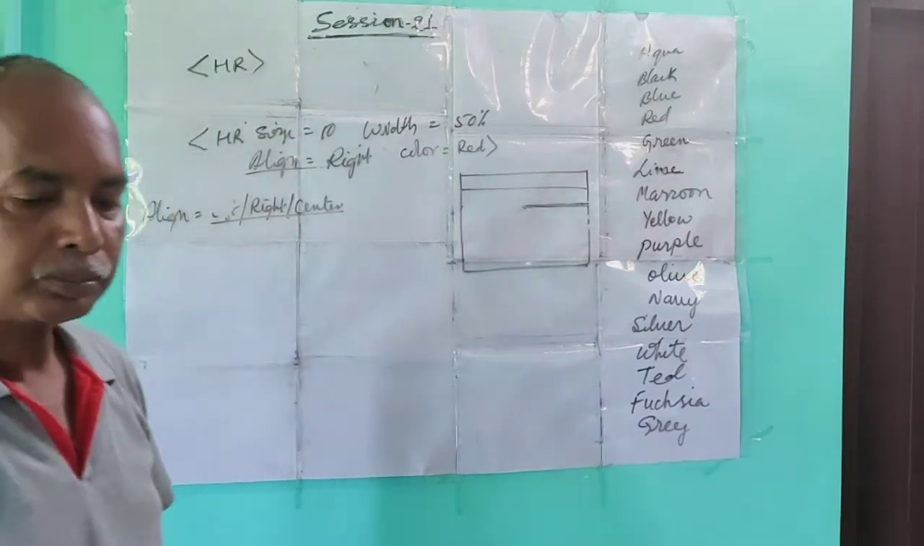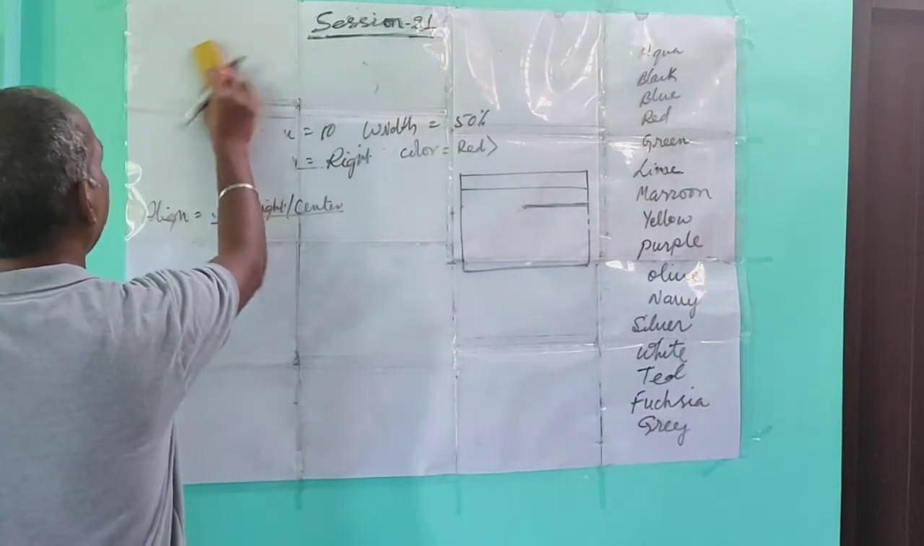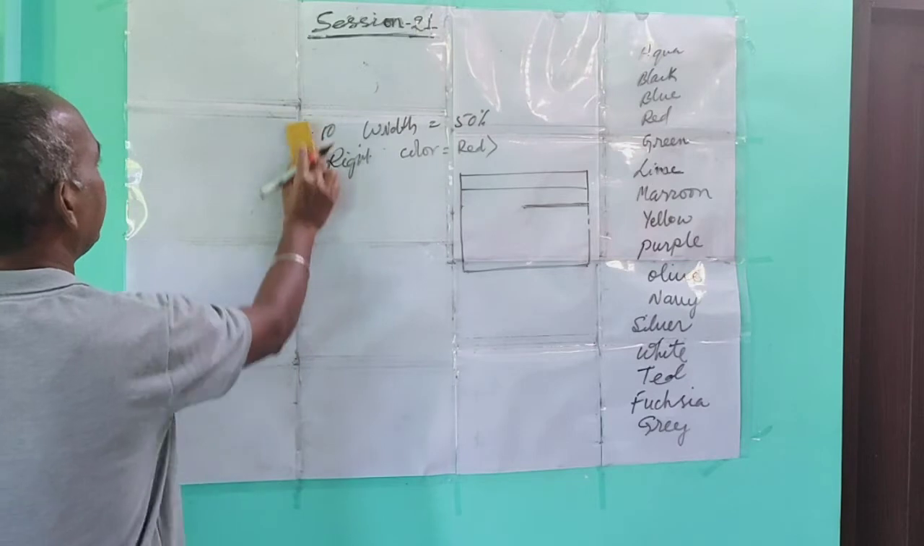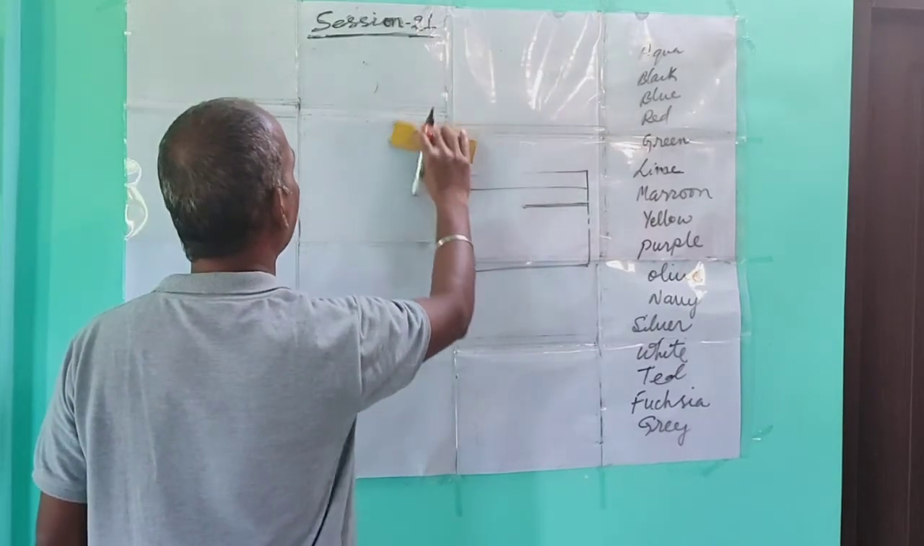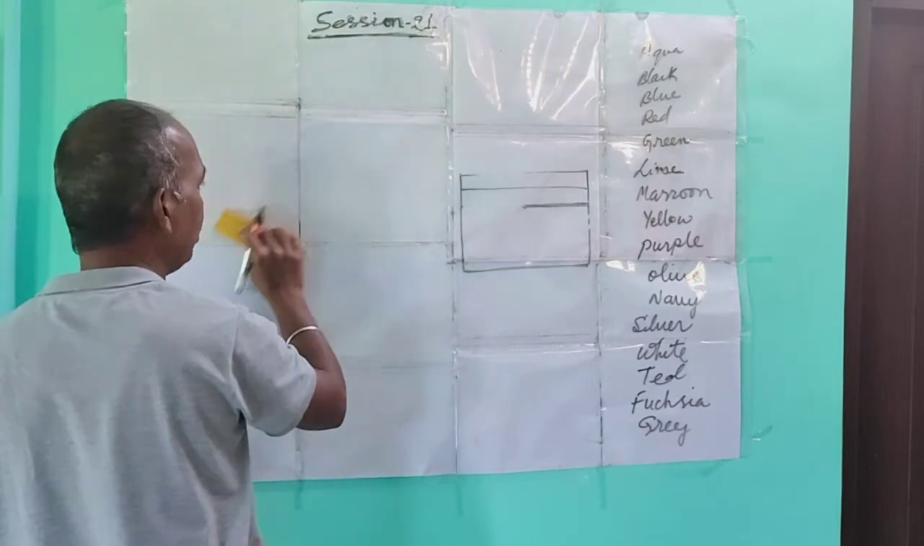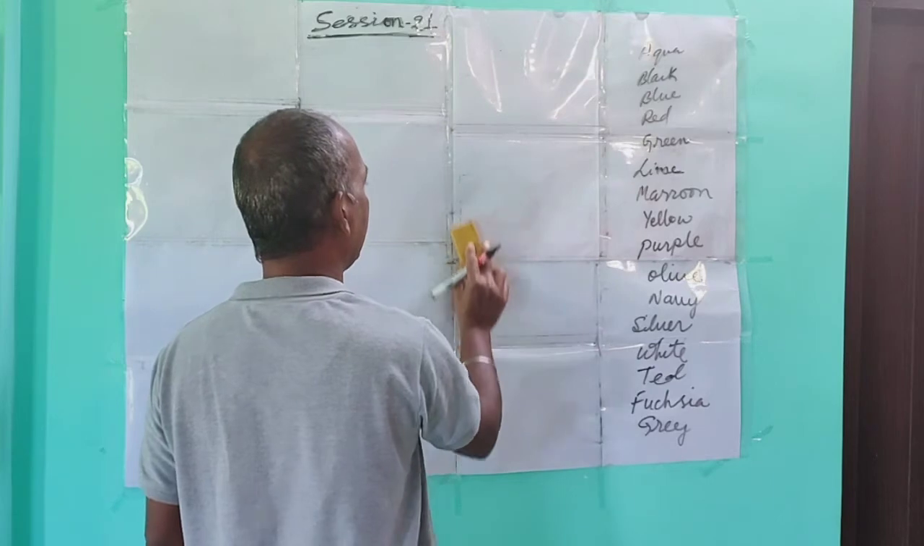BR means break, HR means horizontal rule, and P means paragraph. HR and BR both are empty tags, so no need to give any close tag here. Okay. After that,